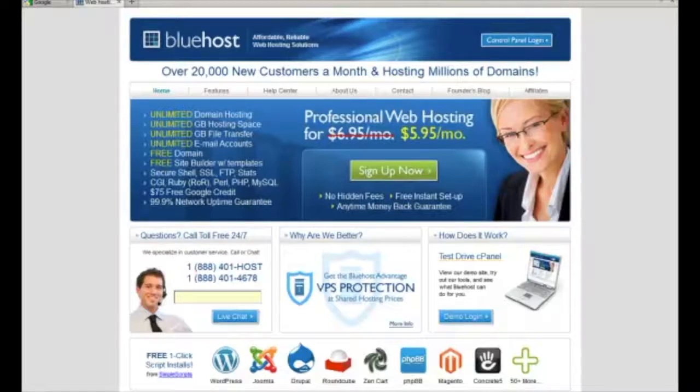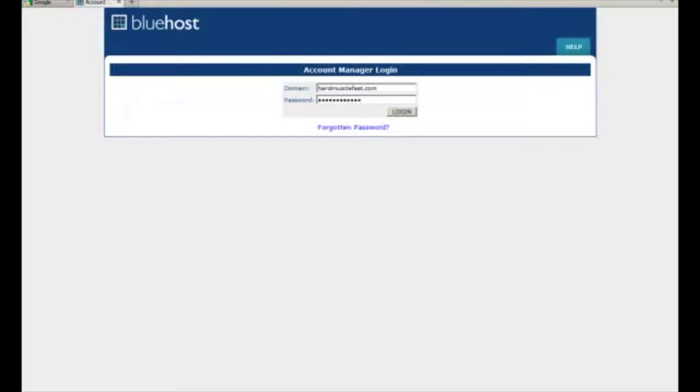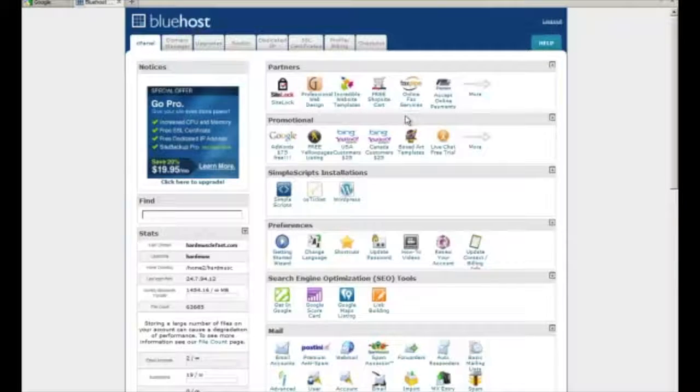I'm going to show you how to use simple scripts to do a one-button installation of WordPress. One of the web hosts I use, called Bluehost, actually uses simple scripts as their one-button installer for WordPress. So click on your control panel login, fill in all the information for your login, click on login, and then while that's loading, we're going to go to